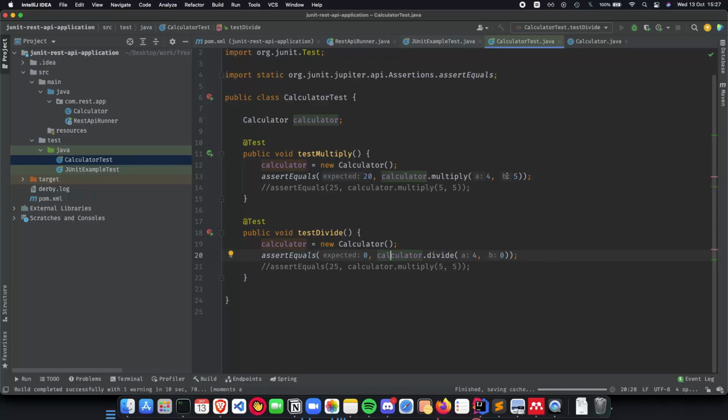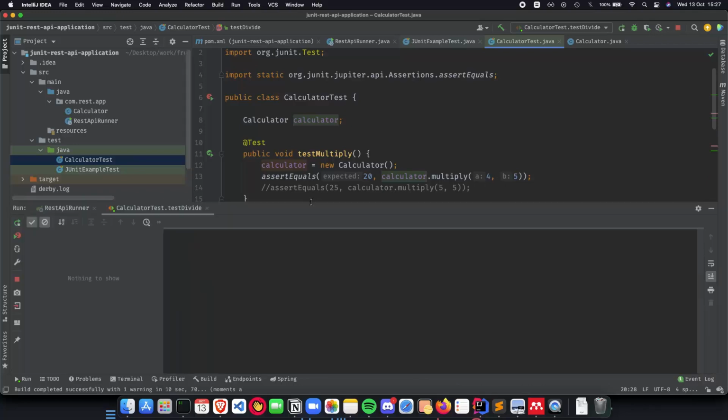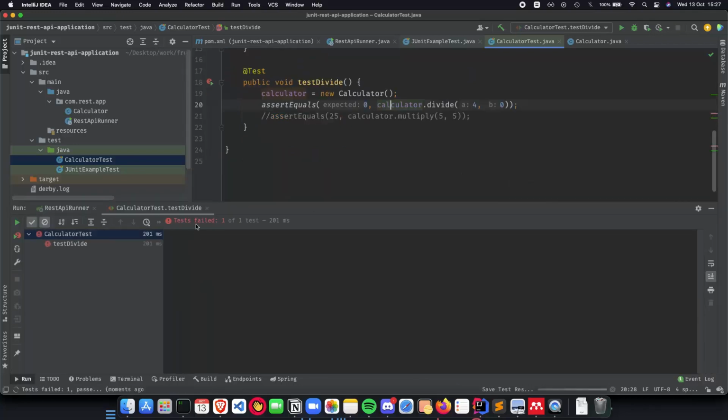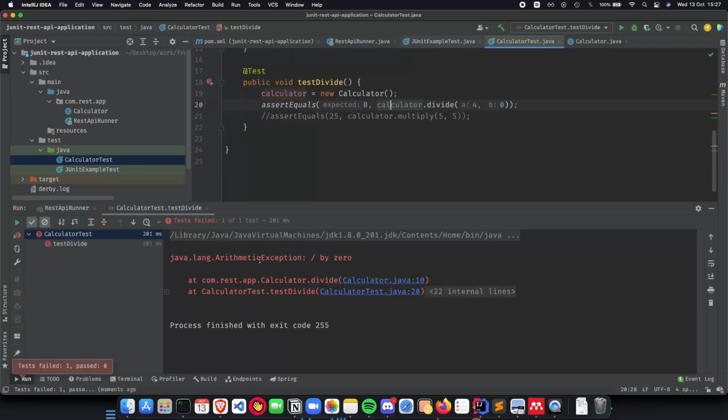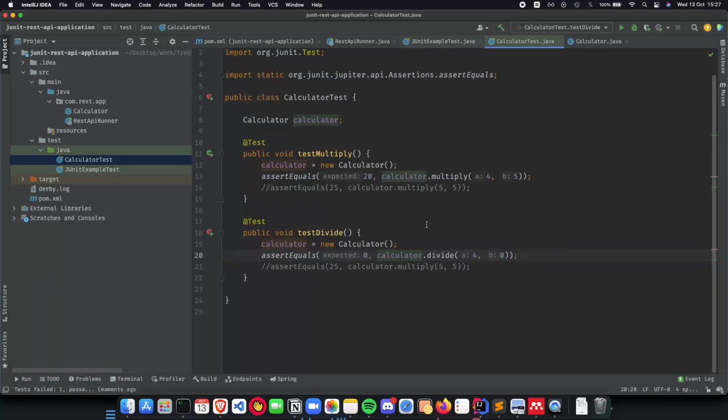We run the tests, and then we find out that the test has failed, and we also get the reason why it has failed. So in these ways, tests are very handy for your application to make sure that you don't leave out any test cases or edge cases where it can break or cause some complications in your code.